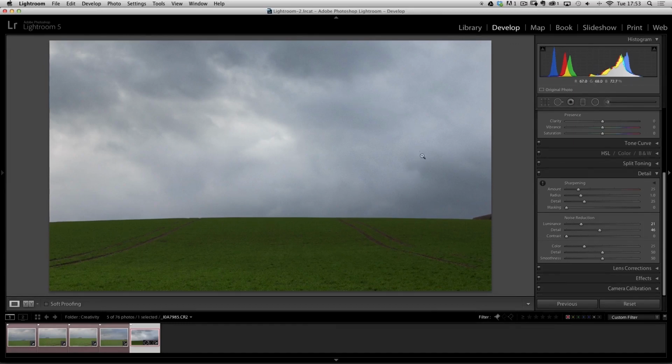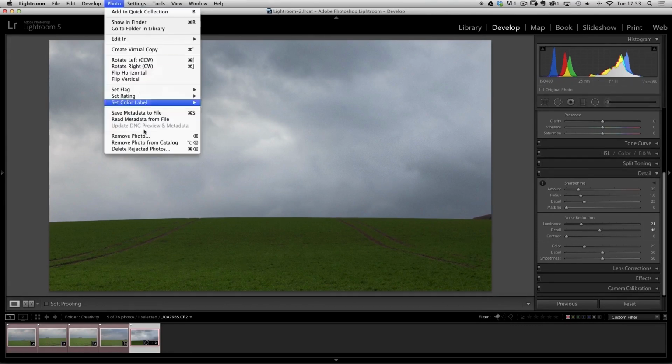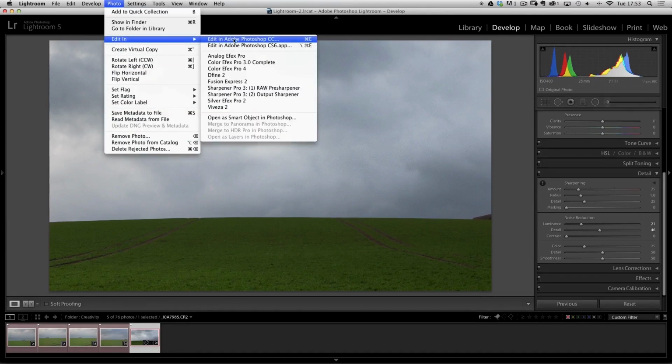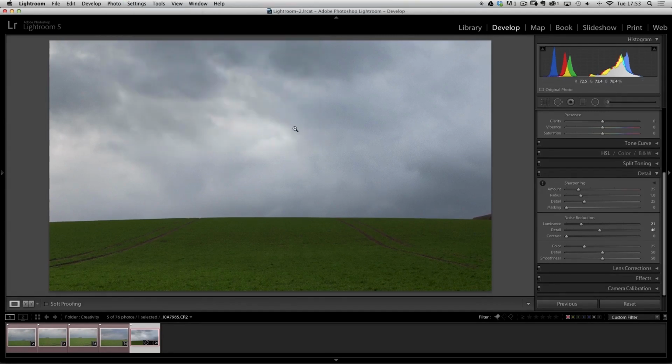from it using the healing brush. So what we can do now is dive straight over into Photoshop. So I'm going to go to the photo menu, edit in, and choose edit in Adobe Photoshop CC. There's not enough in this picture for me to warrant going over as a smart object. It's only taken a minute or two, so I'm just going to head over into Photoshop as a box standard